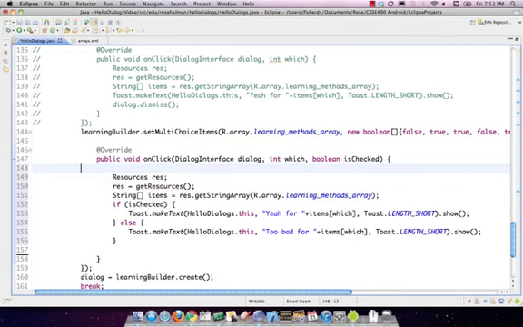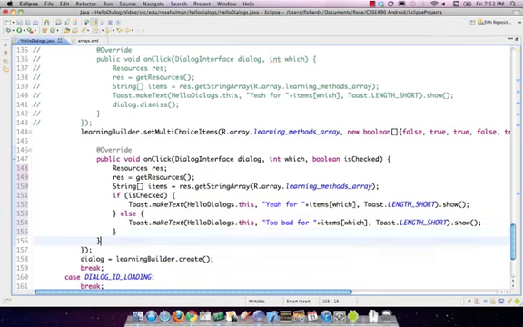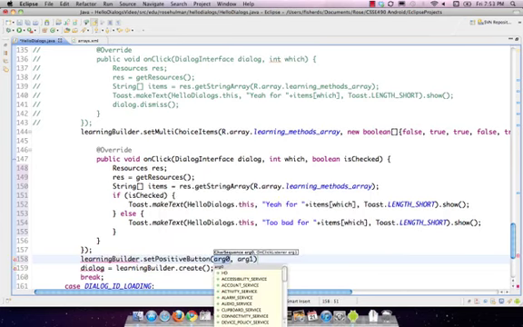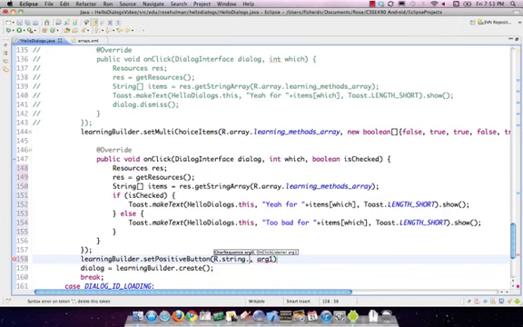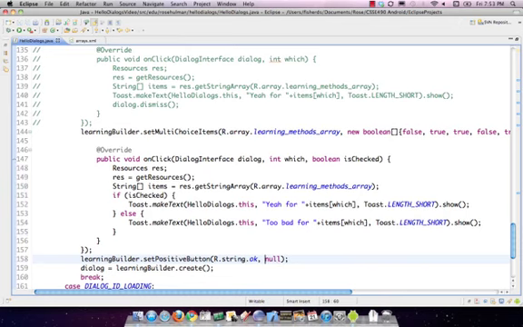The other thing that you can decide for yourself is whether it should dismiss it or not. Personally, I think what probably looks the best is to not dismiss it. But if you don't dismiss it, it might be nice to at least set a button so that you can get it to go away without hitting back. I think in the slides I did it differently, but we'll just add a quick little button here. And the nice thing about buttons is even if the callback doesn't do anything, it'll still dismiss, which is pretty slick. So if we run this,